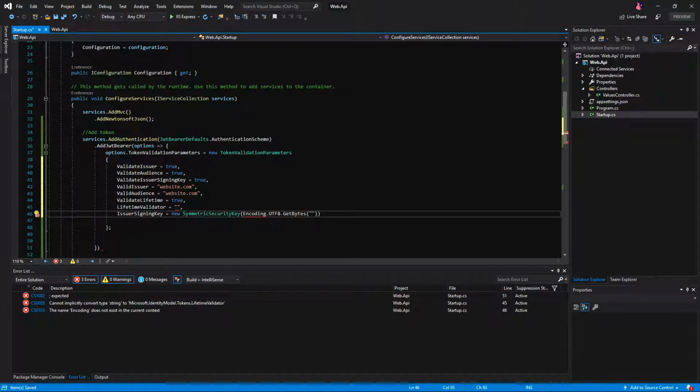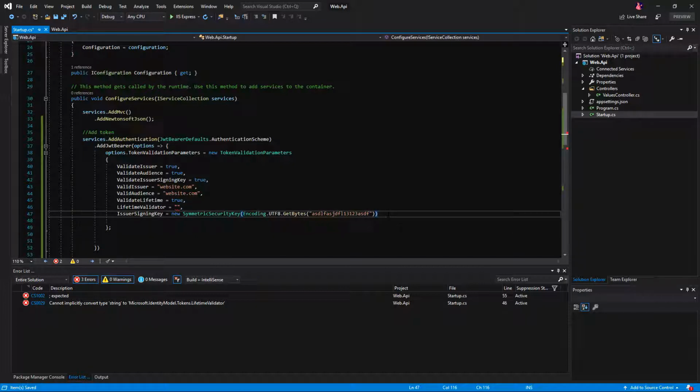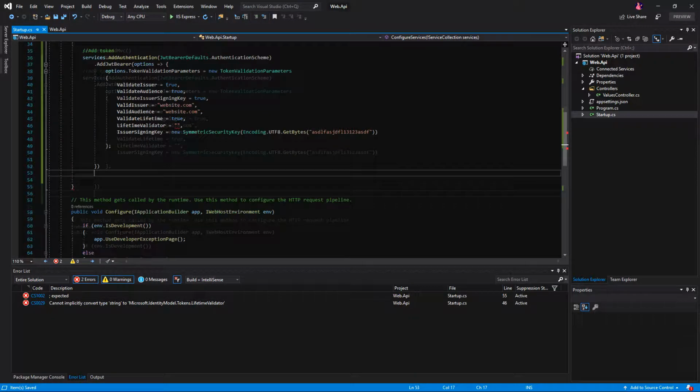So we are going to specify our key. For this, we can create our own key. And for the lifetime validator, we are going to create,